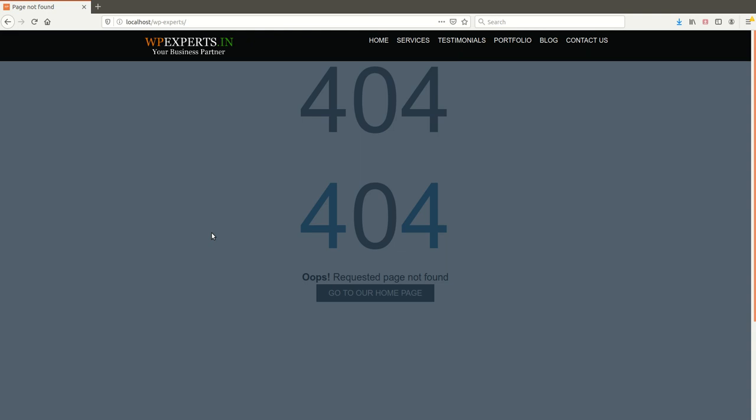I have downloaded the backup database and files on my local system, extracted all files in my root folder, and imported the database. I have configured all settings, but it's still showing 404. Why? It is because I have still not updated the server URL and database.